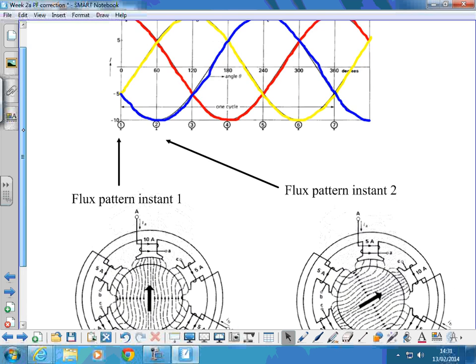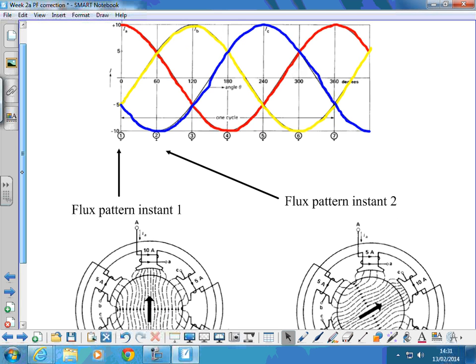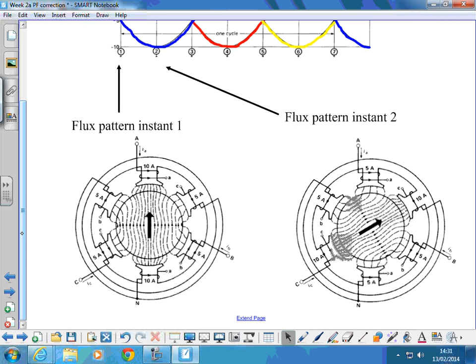Go to position 2, and the flux pattern has moved to the blue phase being negatively 10 amps, going in that direction. We've got a field that way, it's pulled the rotor around